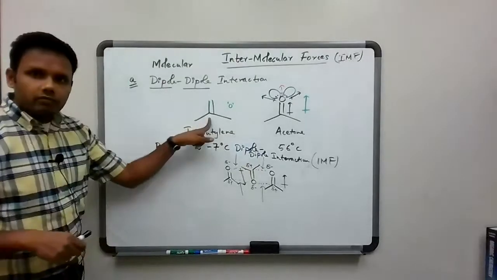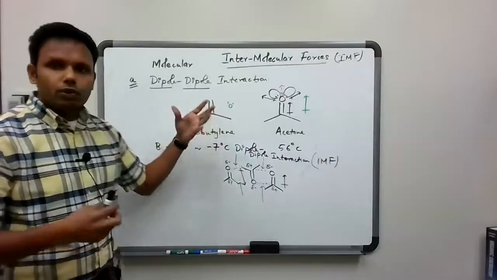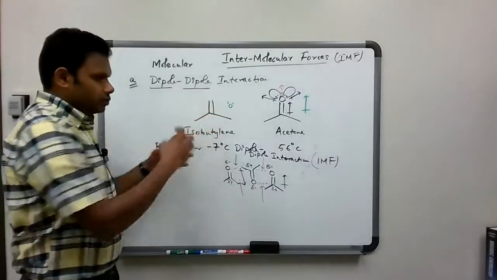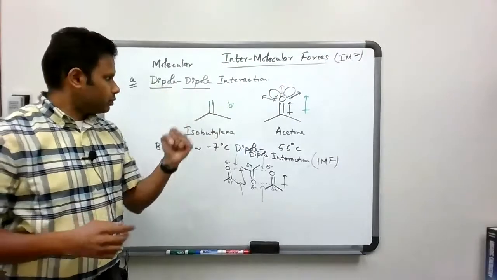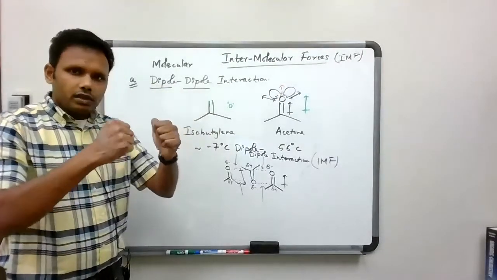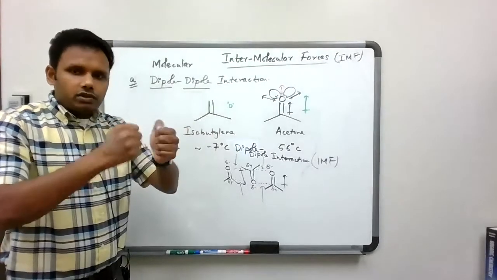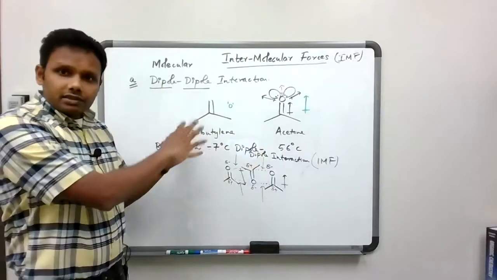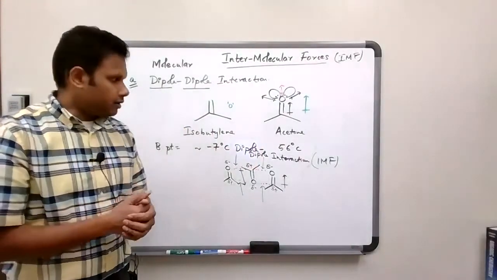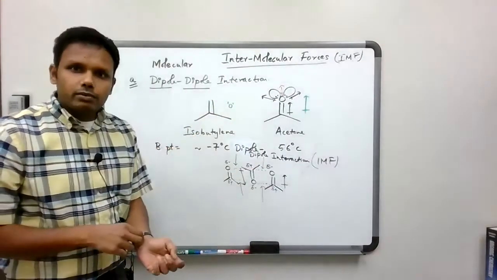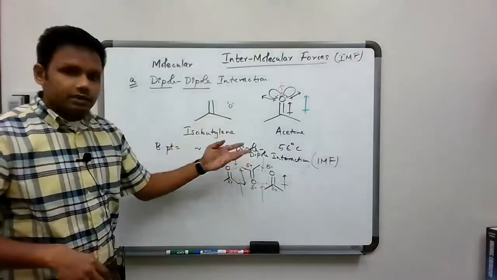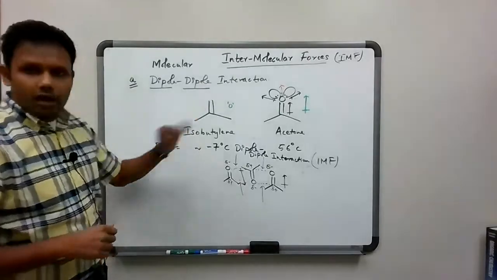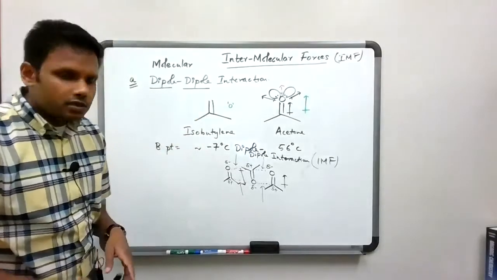Now the same would not apply to this molecule because there is no dipole in it. That means two molecules of isobutylene, if this is one molecule of isobutylene, this is another molecule of isobutylene, when they come together, there is no force, or at least no dipole-dipole interaction between them. There is another force between them, which we're going to see later. So we can use dipole-dipole interactions to understand why, let's say, acetone has a higher boiling point than isobutylene. That's the first intermolecular force.